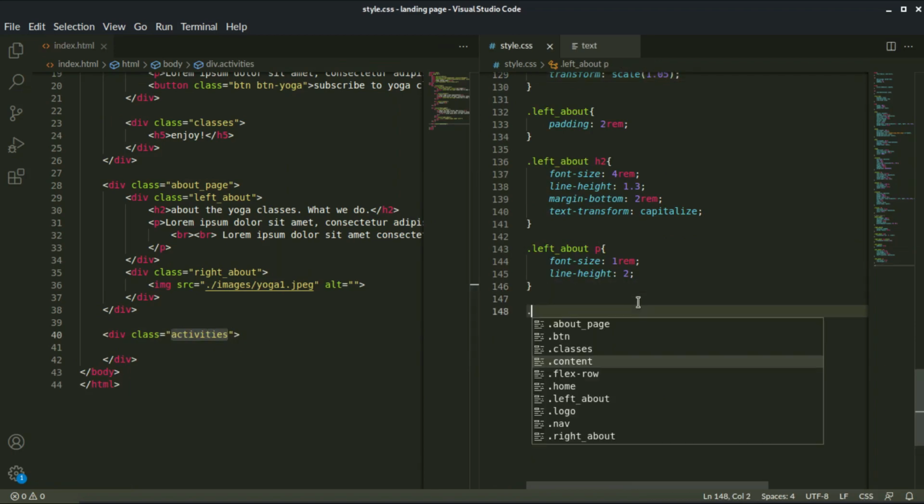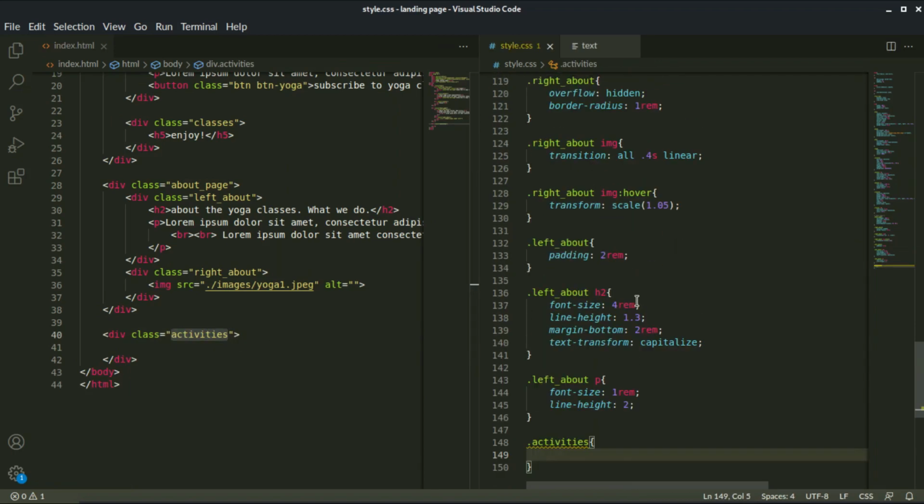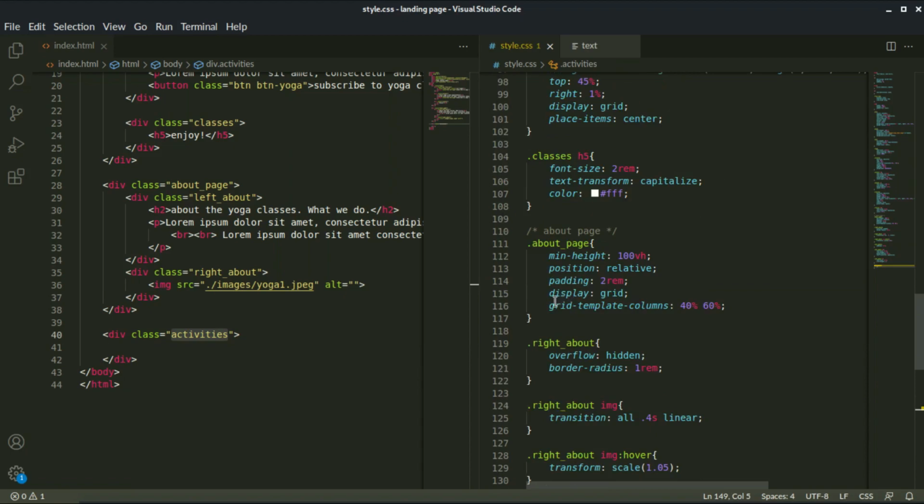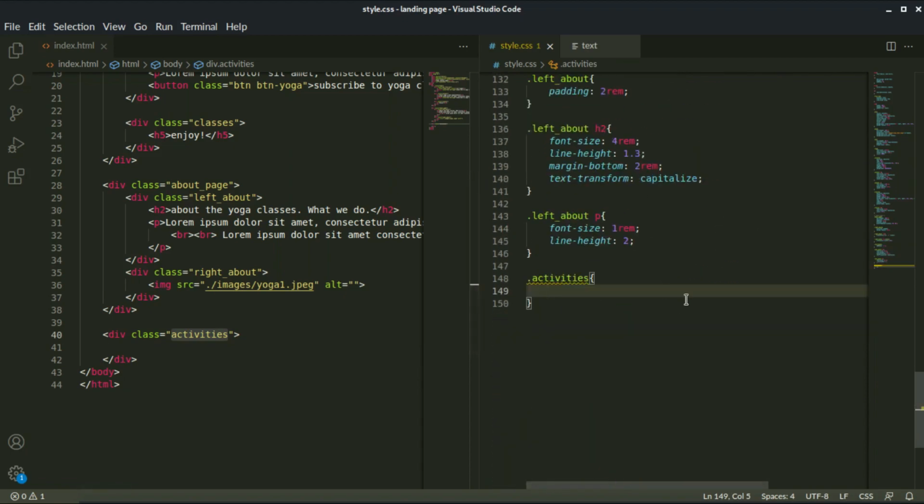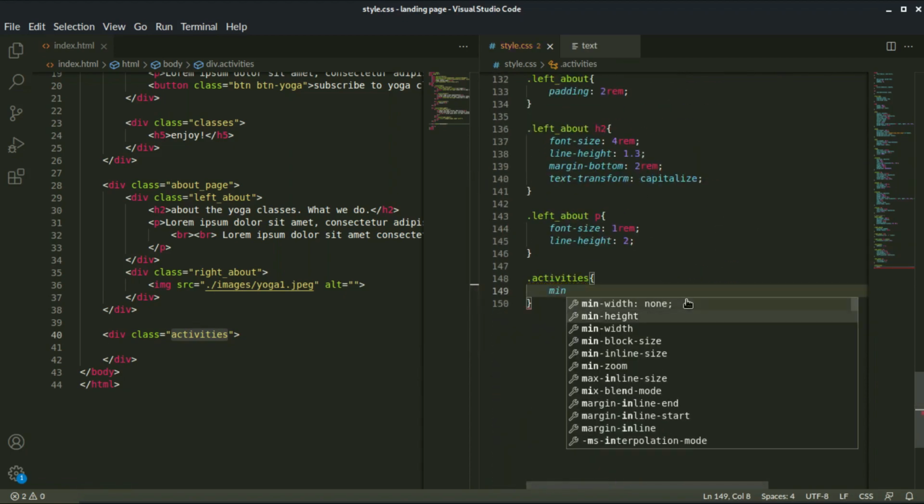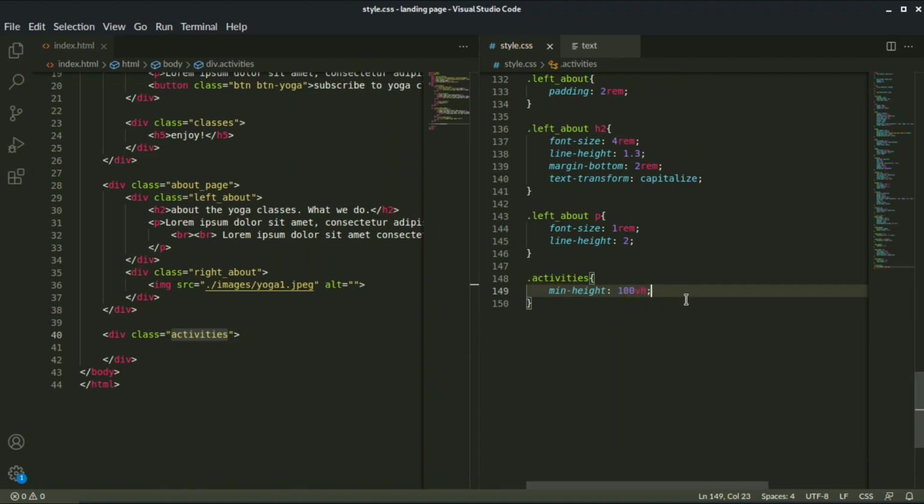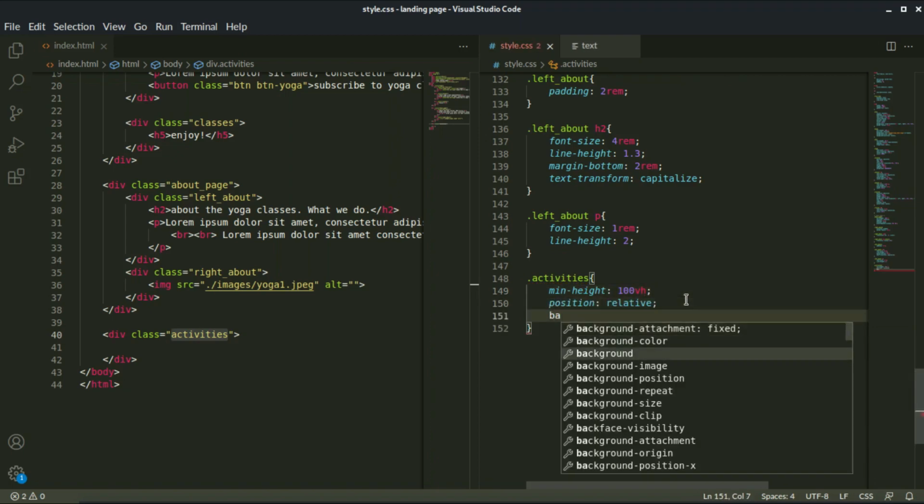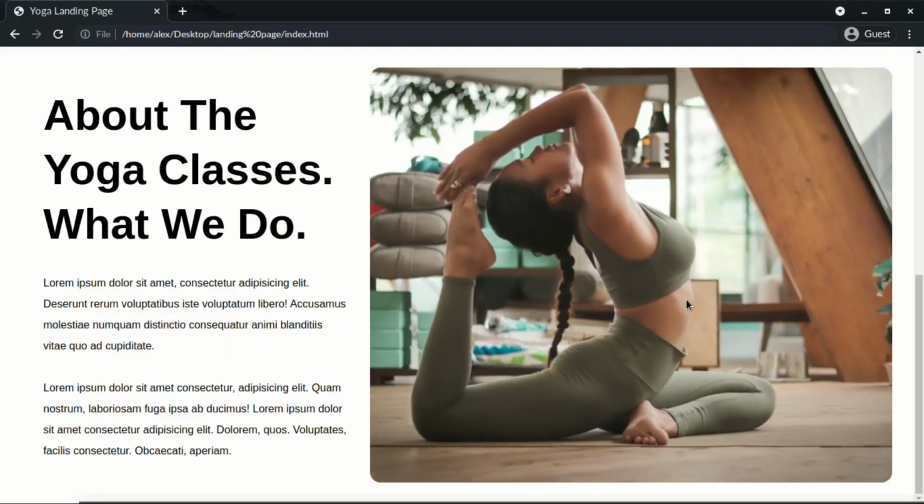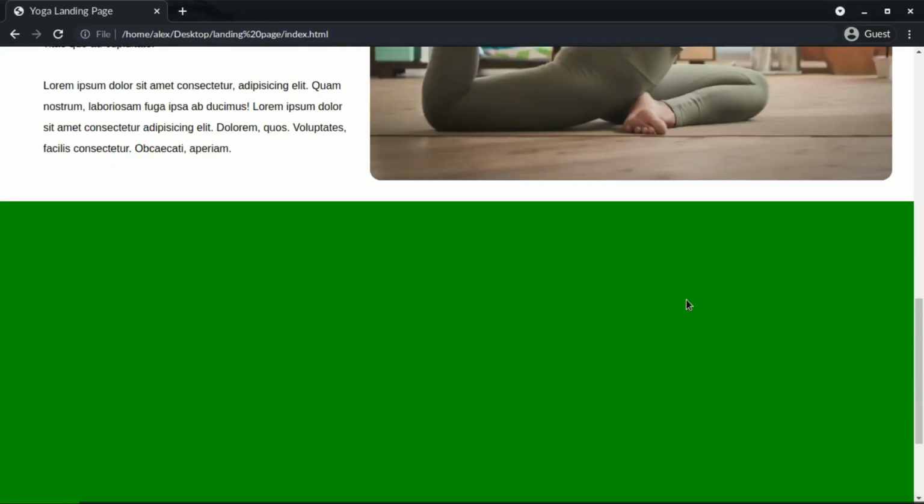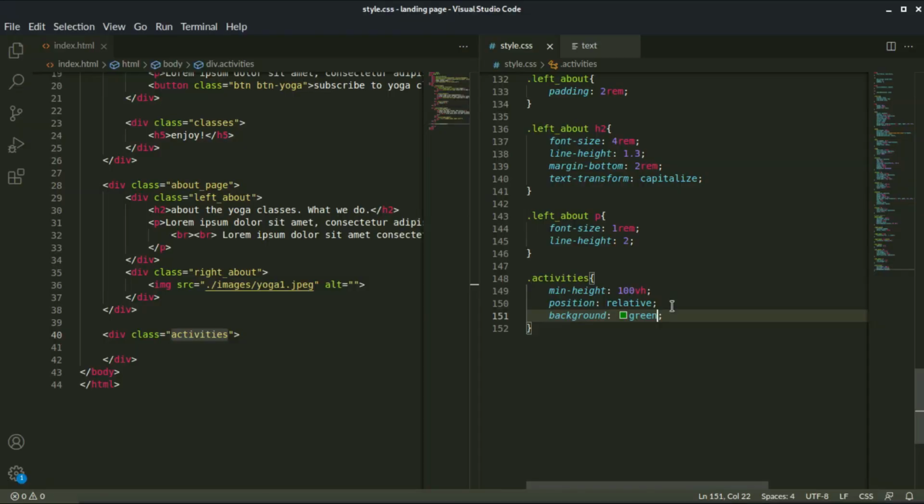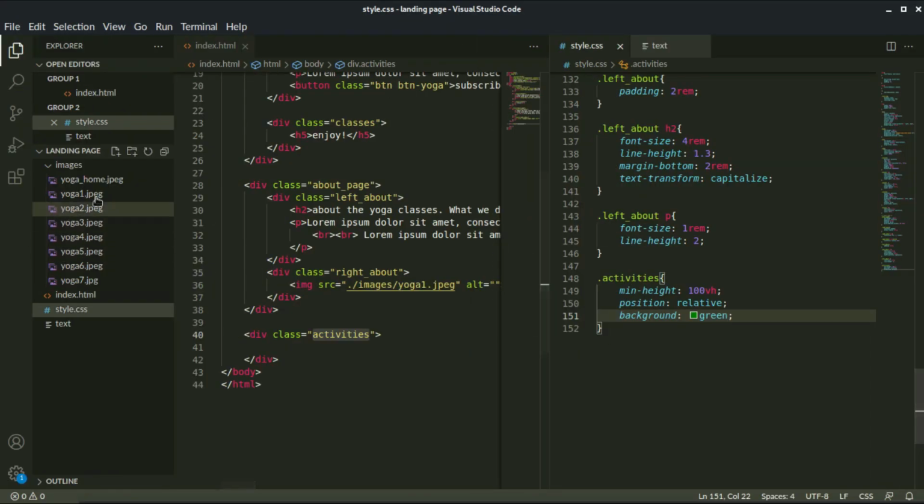Okay, dot, and because I think it will, no, it won't. Okay, just in height will be 100 people height. Position is no, absolute. Position is relative. Background, yeah, green. Want to see it? Yeah, there it is. Now we're going to add the activities that are done in the yoga classes, and we're